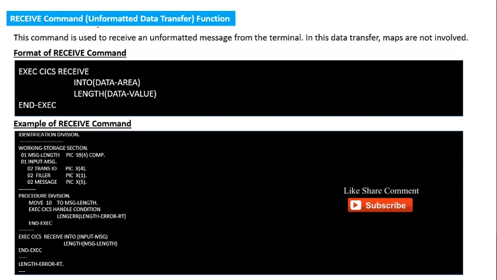And the RECEIVE command, an unformatted data function. This command is used to receive an unformatted message from the terminal. In this data transfer, maps are not involved. The format of the RECEIVE command is EXEC CICS RECEIVE INTO data area and LENGTH. And here is an example of the RECEIVE command.